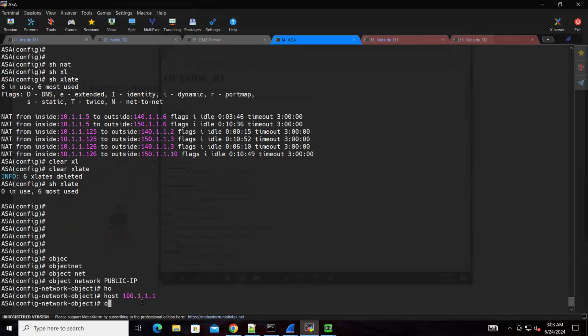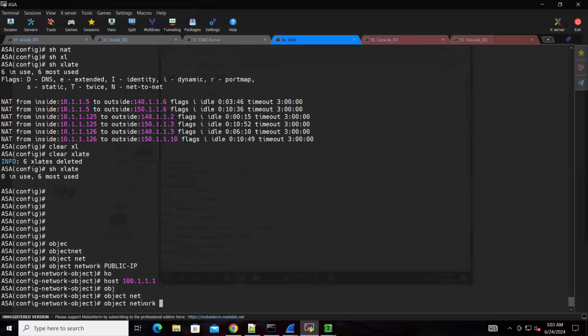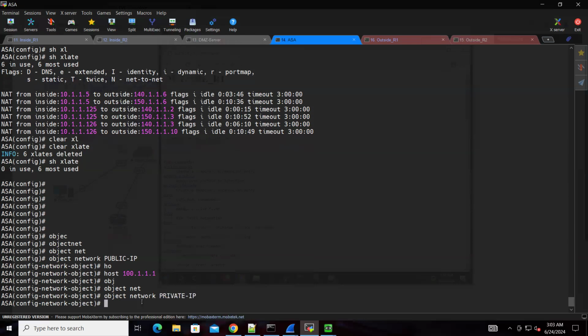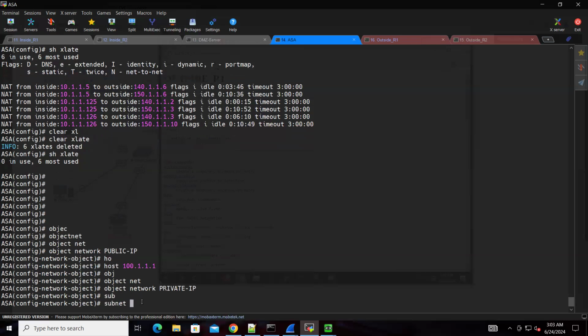Here only I'll just write this. Also you can do object network. Inside this again you can create another one which is for public one. So let's call public is done. Now we are doing for private-IP, and can specify the whole subnet which you want to convert. So you will be using 10.1.1.0 to 255.255.255.0,